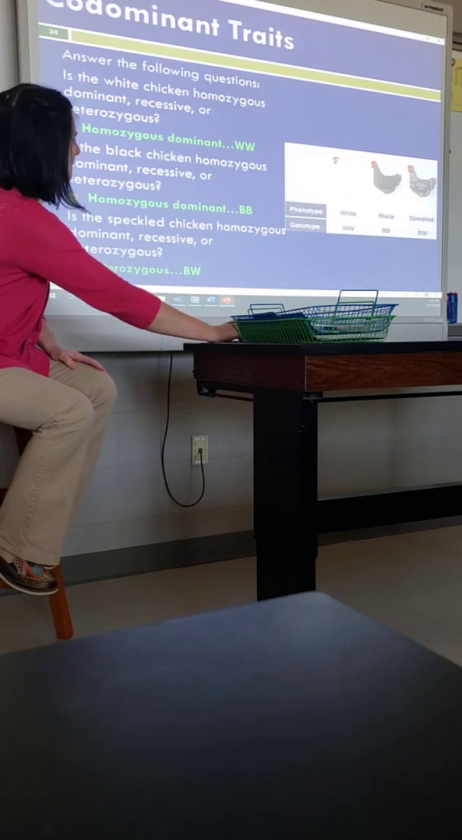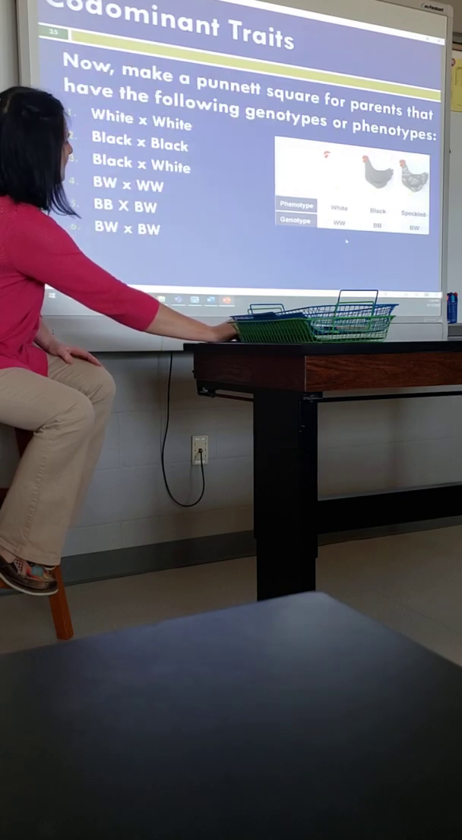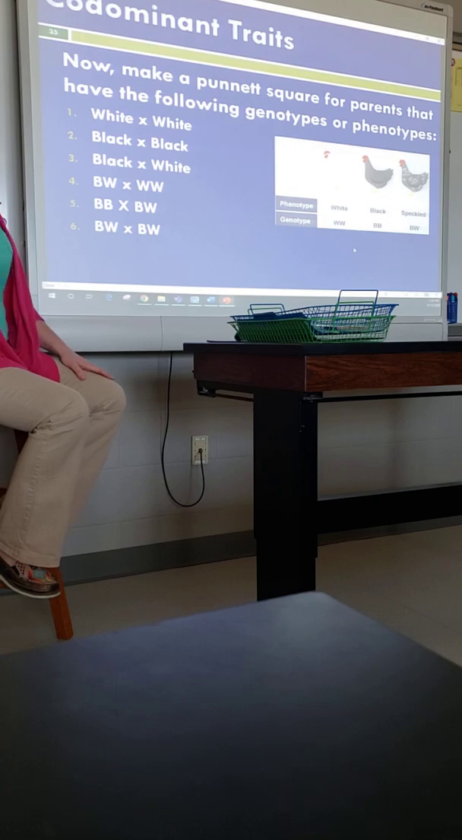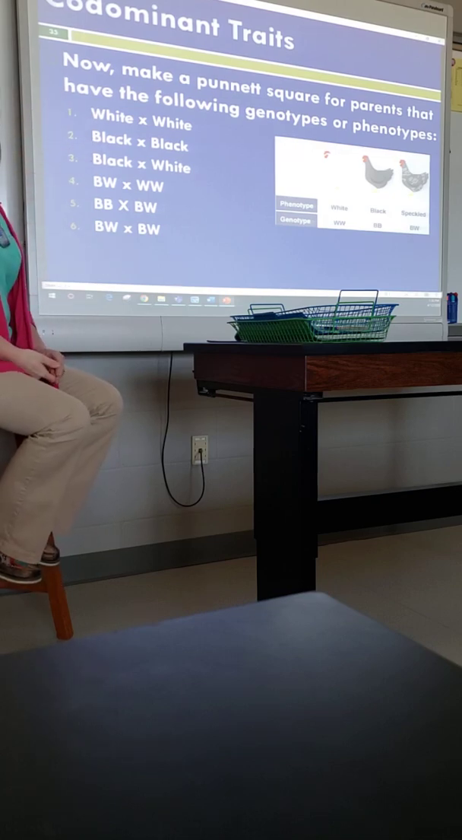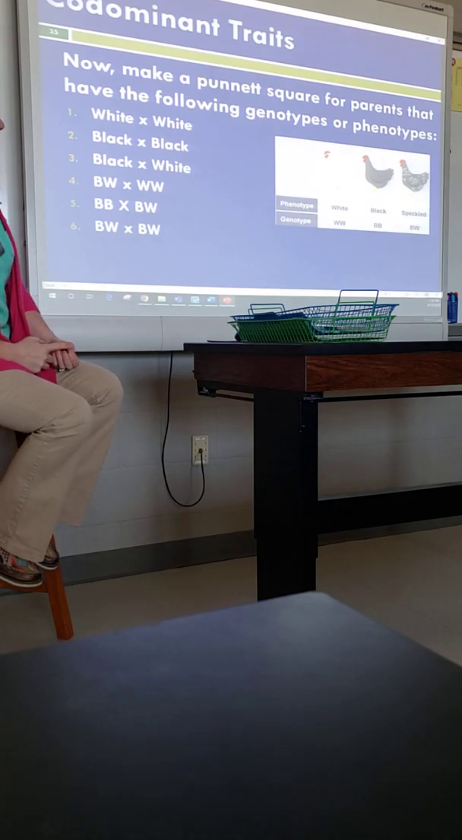Okay. Big B, big W for the genotype. Okay, here's where the paper is gonna come in handy, and I love it. Brandon already had his out and ready. That's fantastic. Nice. All right, so now we're gonna make a Punnett square for the parents with the following genotypes